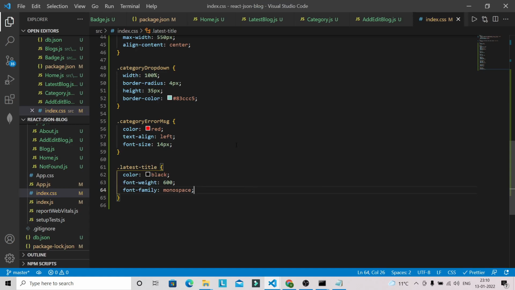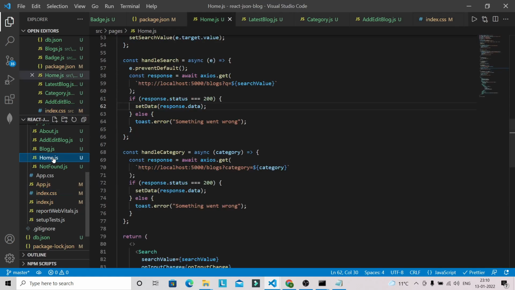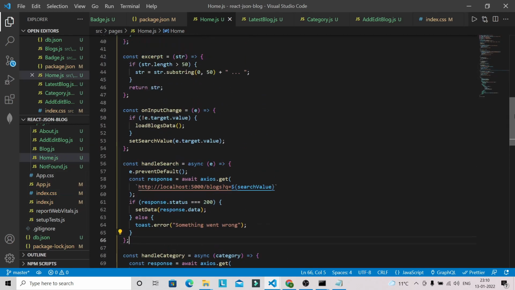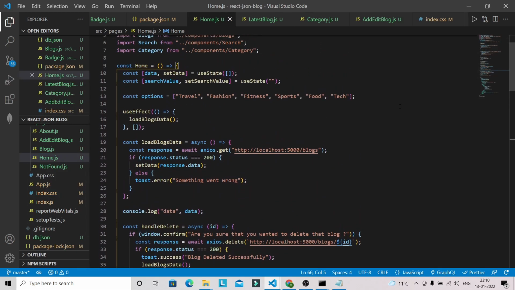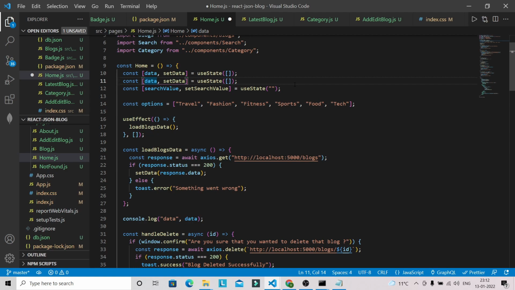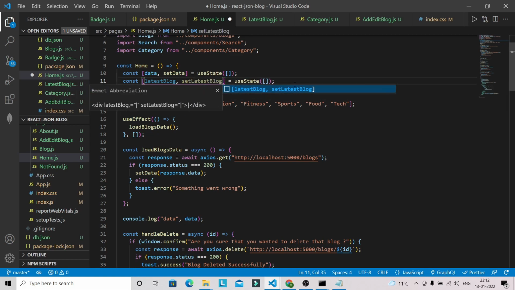After that, let's go to the home.js file, and here what we can do. So first I'm going to define one state here, which will basically be holding the latest blog data. So latest blog, set latest blog. Okay,